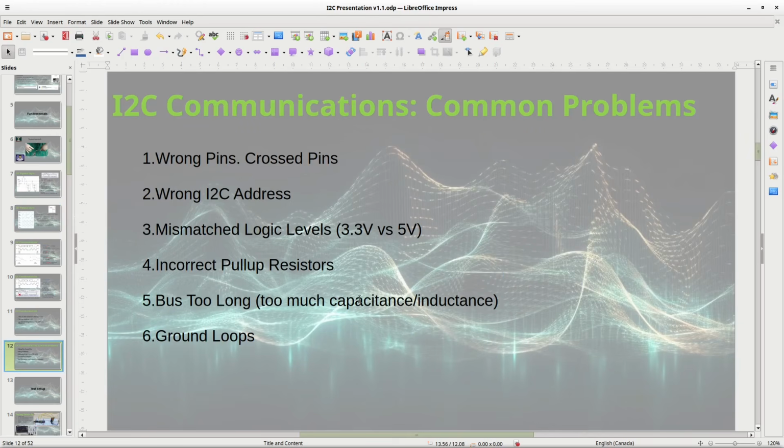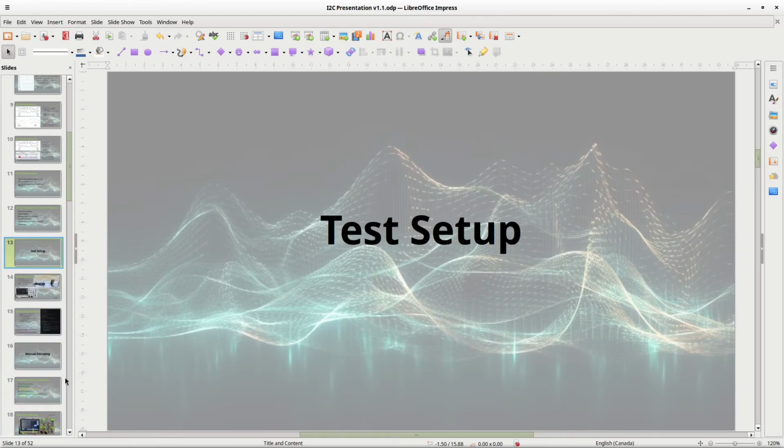The bus is too long, too much capacitance. Same thing with incorrect pull-up resistors. They go hand in hand. So if your bus is too long, typically most of the time, you guys will be using a device that uses I2C, and you're not going to be developing it yourself. You're not going to have developed your own bus. So this probably is not going to be an issue. But if you're wiring up some I2C devices, if you've got too long of wires, you could have some stray capacitance, inductance. All kinds of things could happen. You could have ground loops as well.